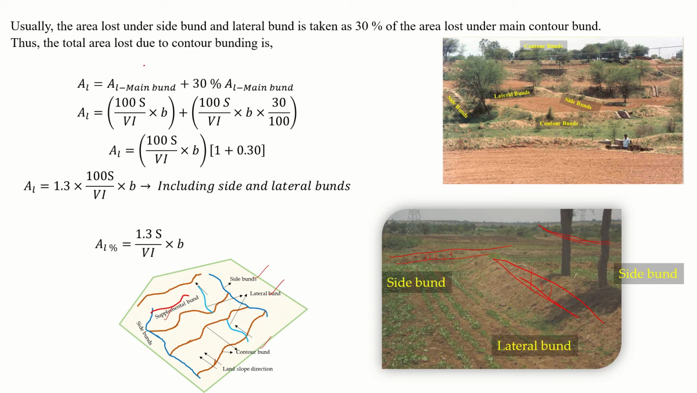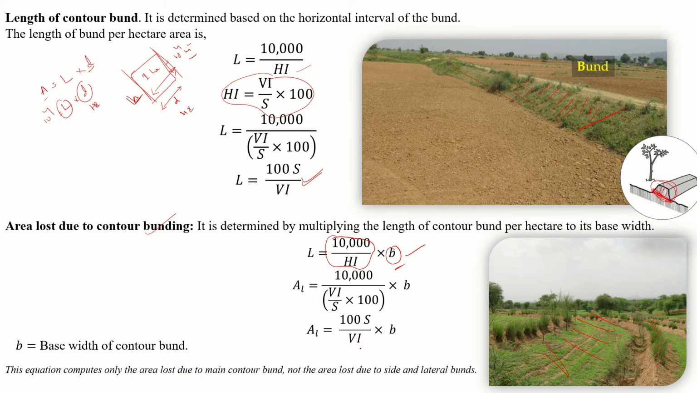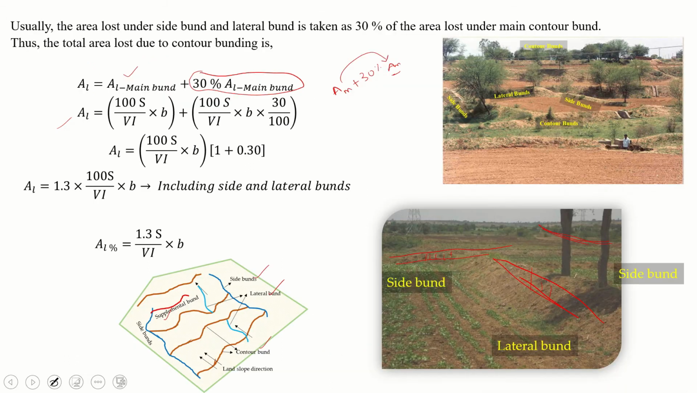That is simple. The area lost to the bund is the area lost to the main bund plus 30% of the main bund. Here I am simplifying the above equation. Area lost to the main bund is 100 into S by vertical interval into B. That is plus 30% of the area lost to the main bund. Simplify the above equation and you will get the area lost to the total bund,